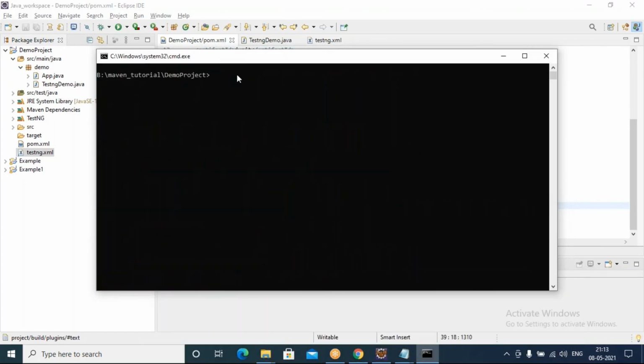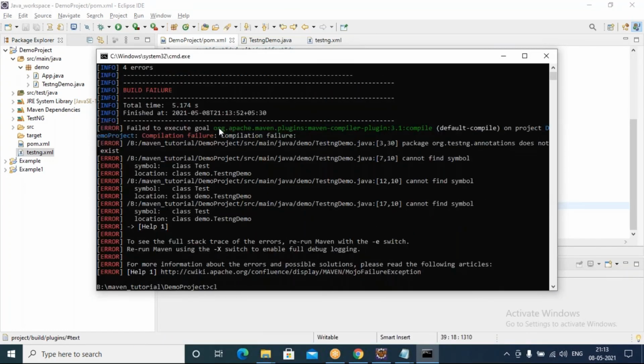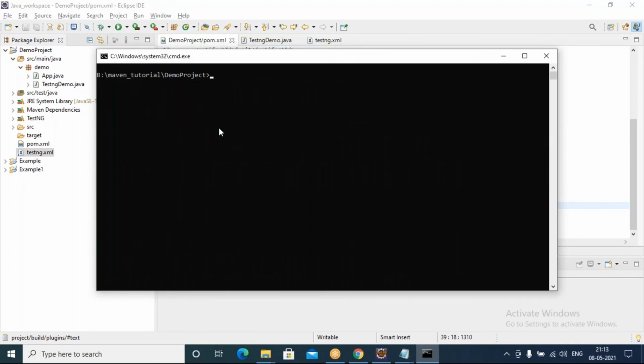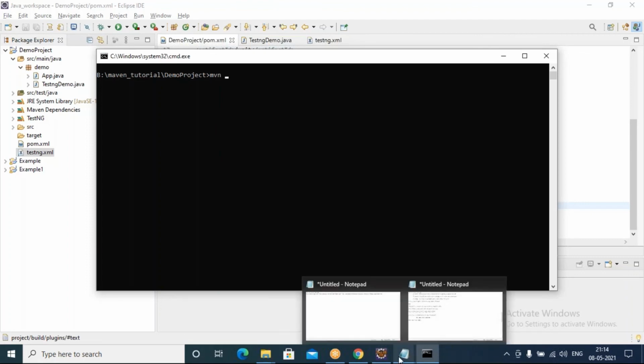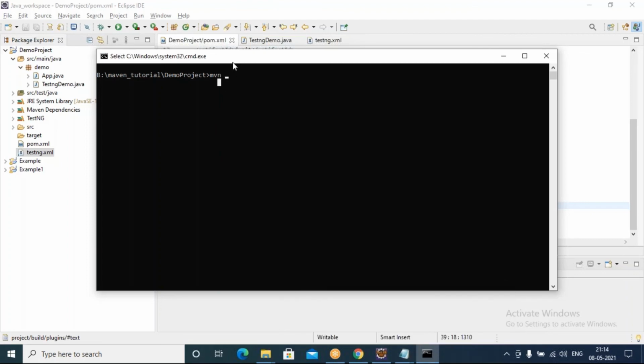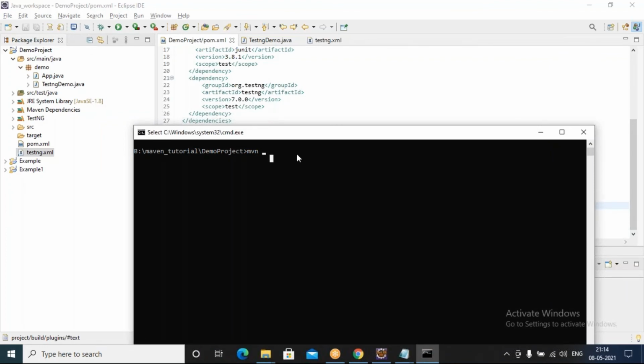I'll clean everything. I see some errors. I don't want to use the test phase, so I will make use of some other phase here. mvn package phase.